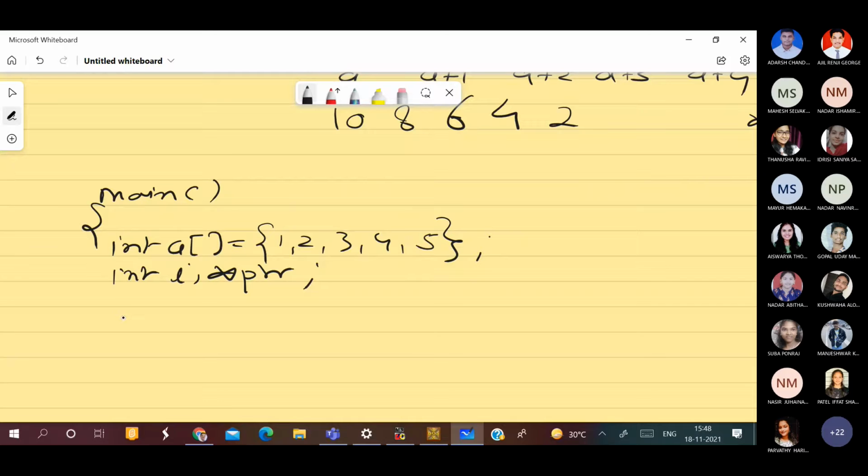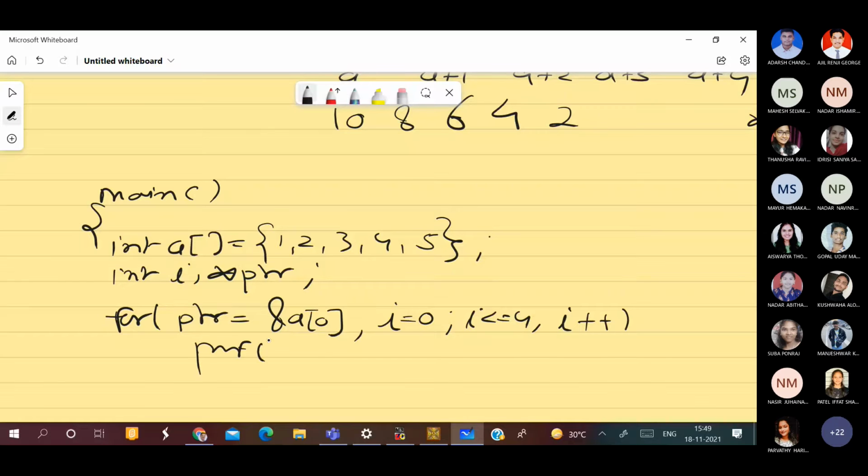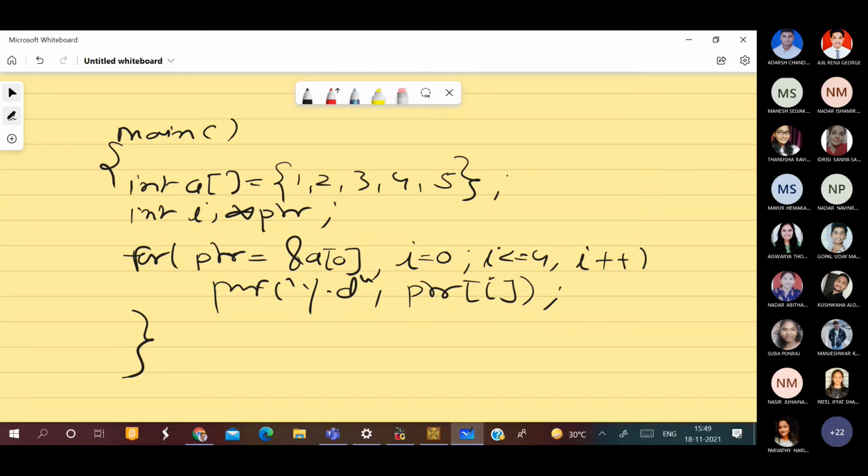So for ptr is equal to address of A0, I is equal to 0, I is less than or equal to 4, I plus plus, printf %d, ptr I. Now tell me, what is your answer? Print ptr I. Follow, students.